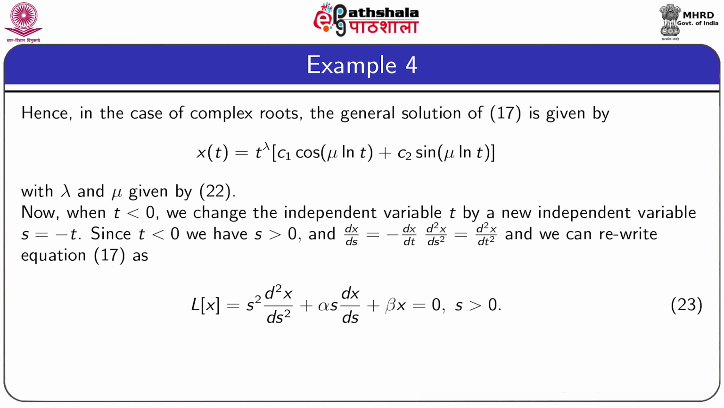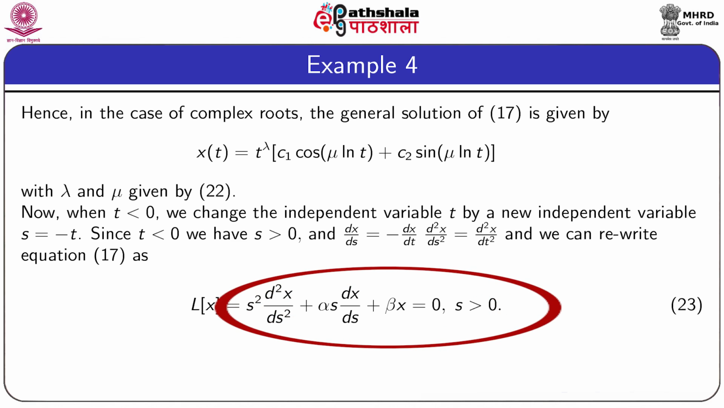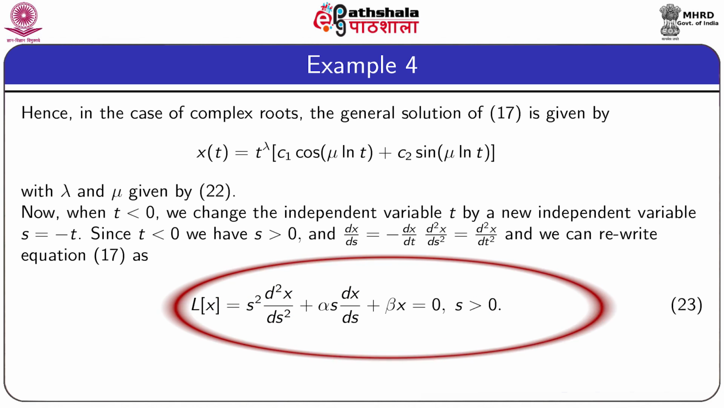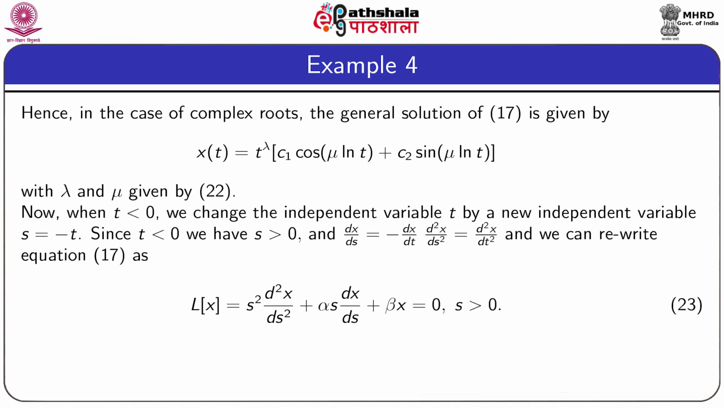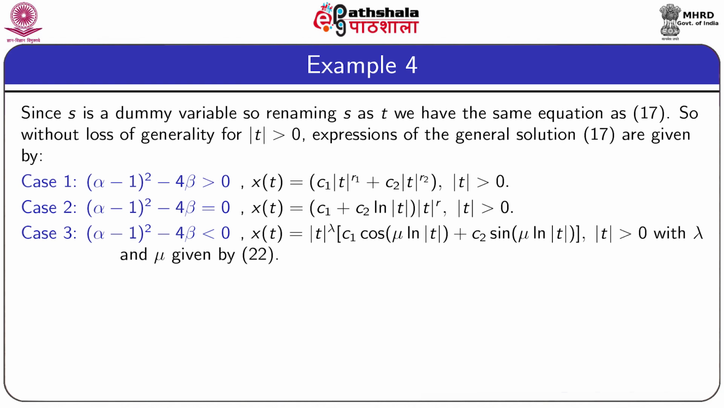And if we calculate the derivatives, dx/ds is equal to minus dx/dt and d2x/ds square is equal to d2x/dt square, and we can rewrite the equation 17 as s square d2x/ds square plus alpha s dx/ds plus beta x equal to 0, where s is positive. Since s is a dummy variable, renaming s as t, we get the same equation as 17, and without loss of generality, for mod t greater than 0, expressions of the general solution of 17 are given by,